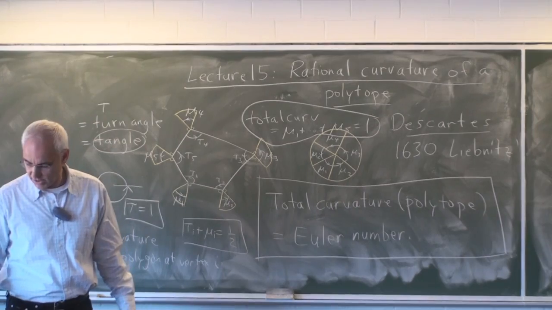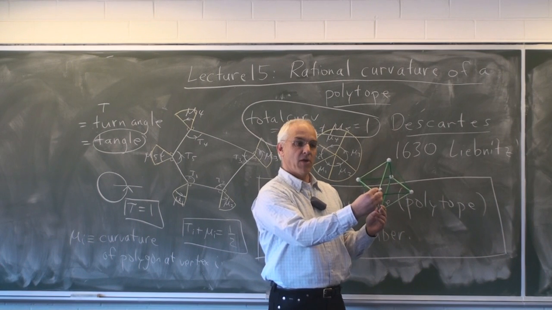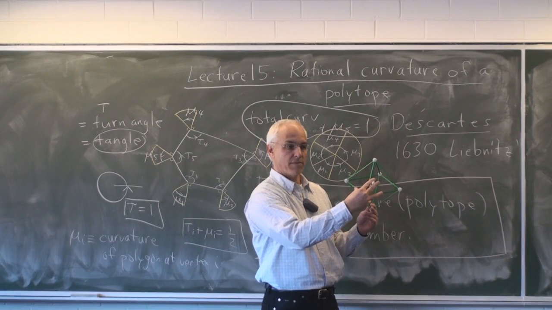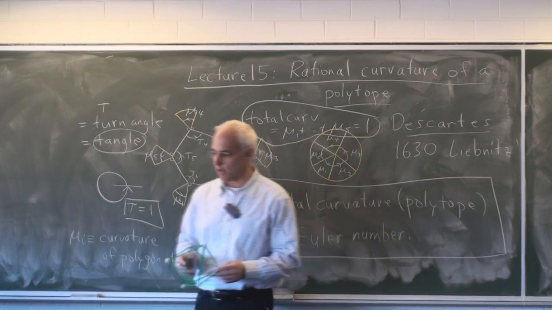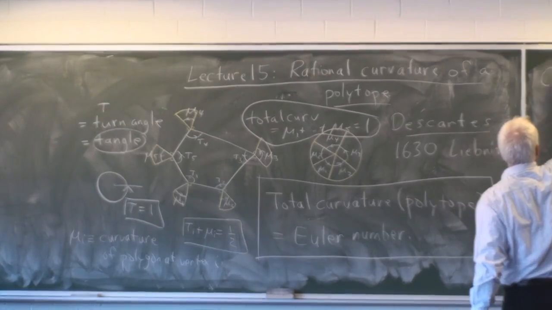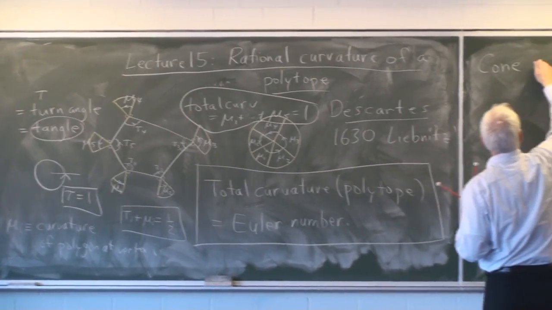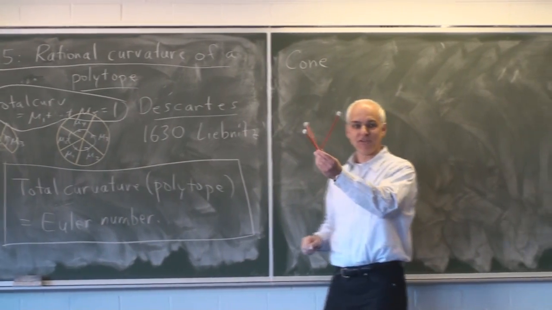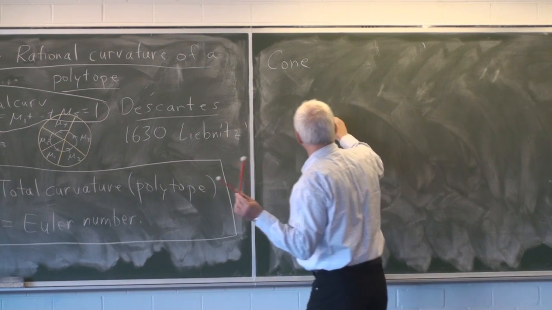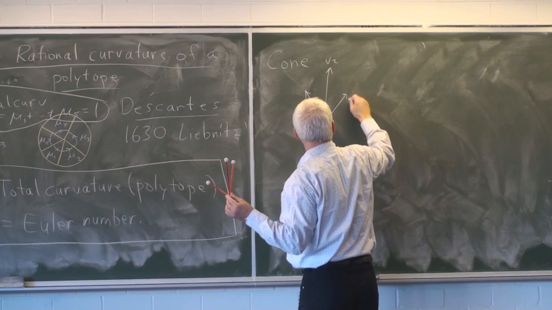And probably a good place to start is by starting with a polytope like this and just considering one particular vertex and the neighborhood of that vertex. That's a cone. Okay. So let's just start by analyzing a cone in 3 dimensions. And we'll talk about the simplest kind of cone, which is formed by 3 vectors. So let's choose, for example, this cone here. There's a vertex. There are 3 vectors emanating from it. Okay. So vector v1, vector v2, vector v3.